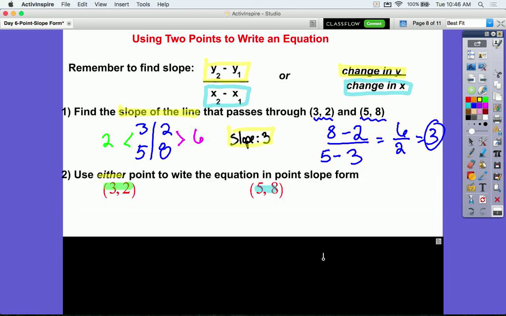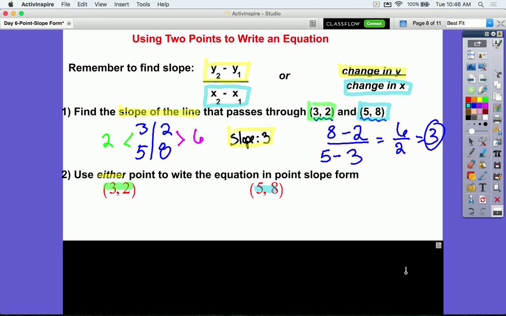Now what I'm going to do is I can use either of the 2 given points, right? I was given this first point, 3, 2. I was given a second point of 5, 8. I can use either point to write the equation in point-slope form. I'm going to do it both ways, but you guys know that all you need to do is choose just one of those points. You don't have to do it both ways, but I'll show you that you can do